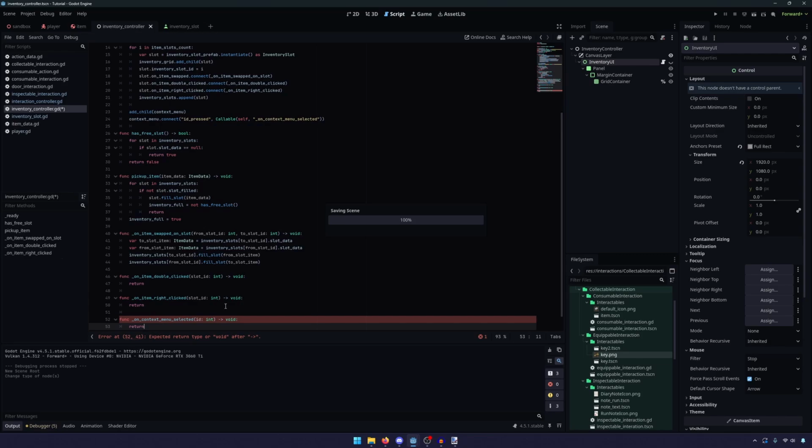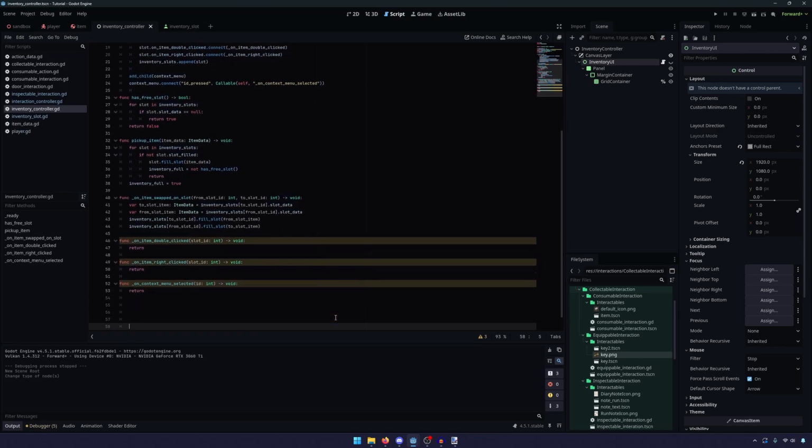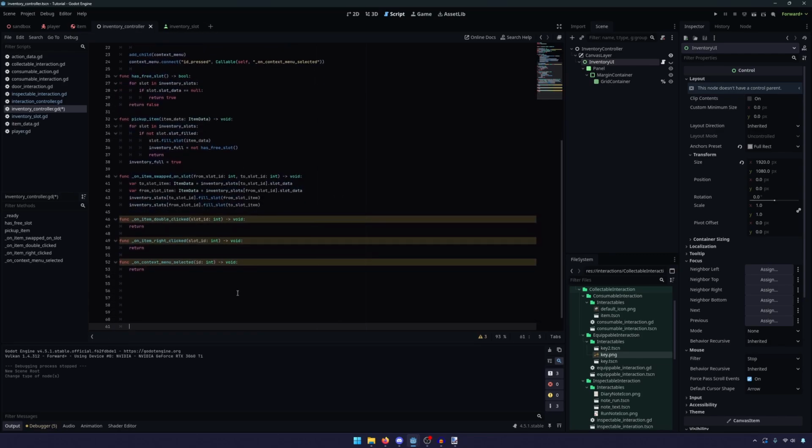And we're just going to write return for now. I'm going to hit enter a bunch to give me some space. And I just want to highlight these two functions right here. So I'm going to go ahead and add an underscore there just to get rid of it. So on item right clicked and on context menu selected are the two functions we want to focus on right